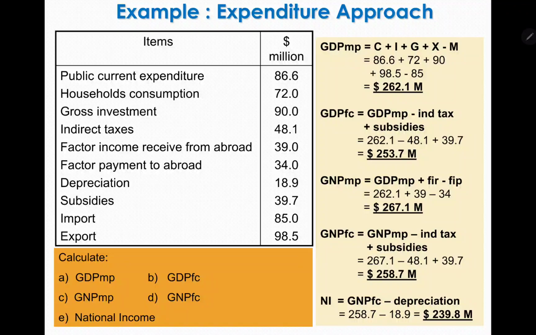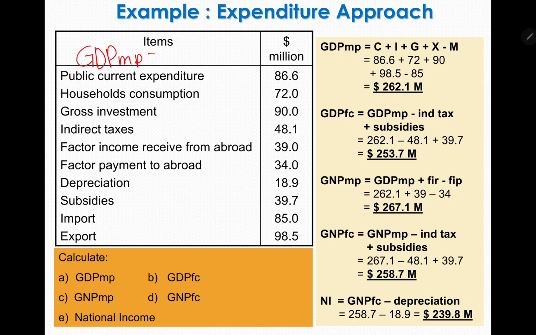Okay, next we move to the example of calculation for national income using expenditure as well as product approach. Please notice that in your syllabus, the income approach will not be tested for calculation. So you need to only know the conceptual part. So for expenditure approach, if you still remember, the formula that I introduced just now is GDP